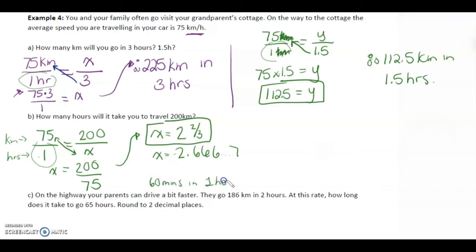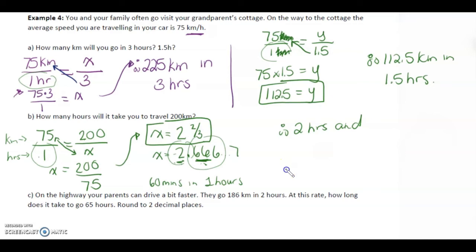In 1 hour, we can't put 2.6, or we can't say 2 hours and 66 minutes. A lot of students will say that. So we're going to take the whole number, so 2 hours, and what we're going to do is we're going to take the 0.66 or the 2/3, and we're going to say, okay,